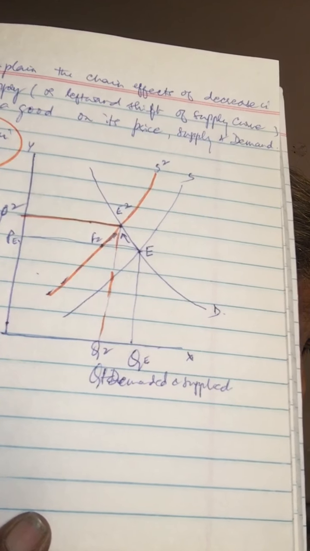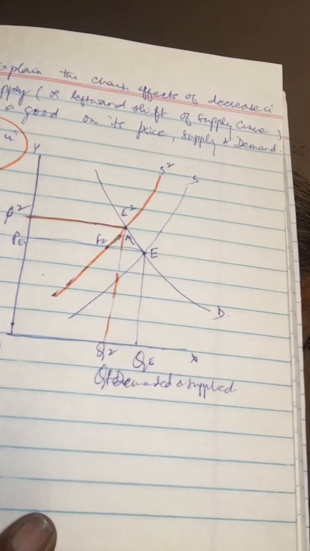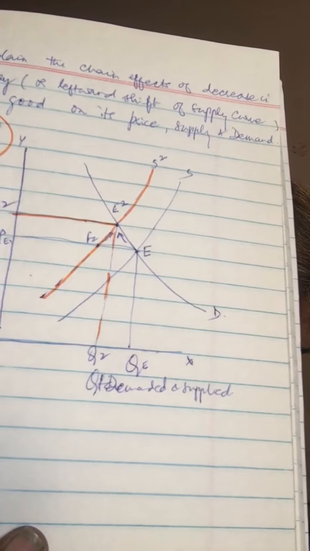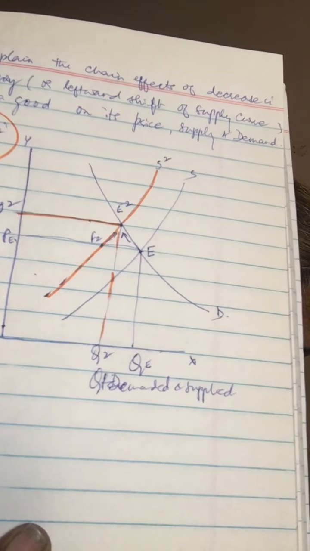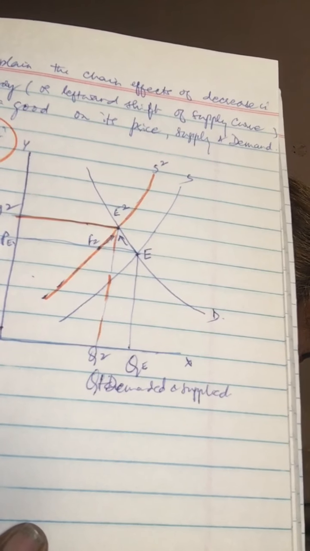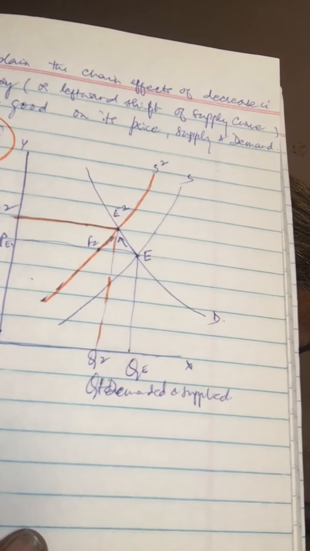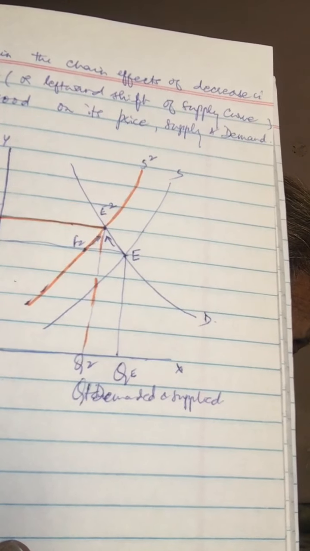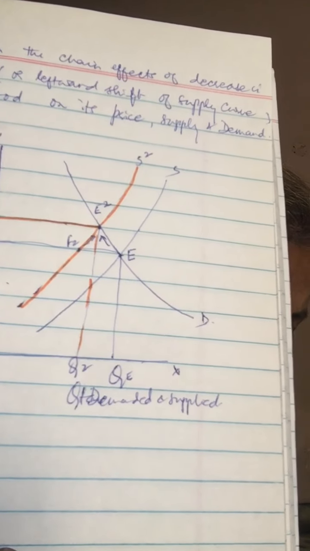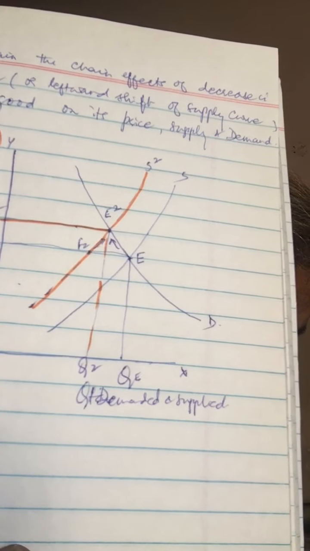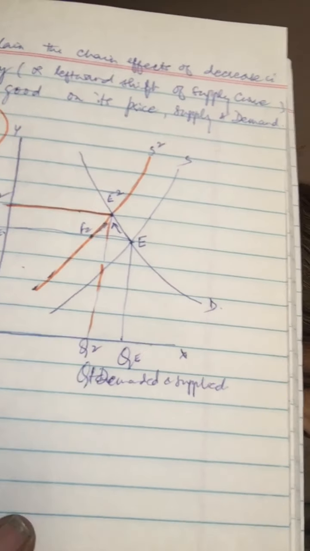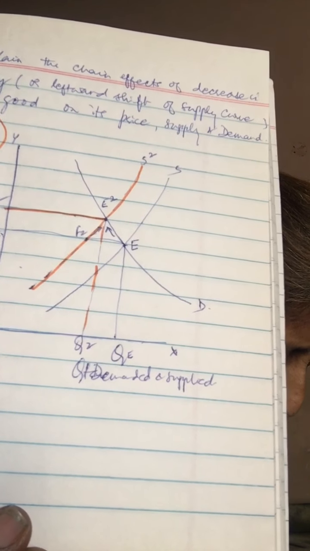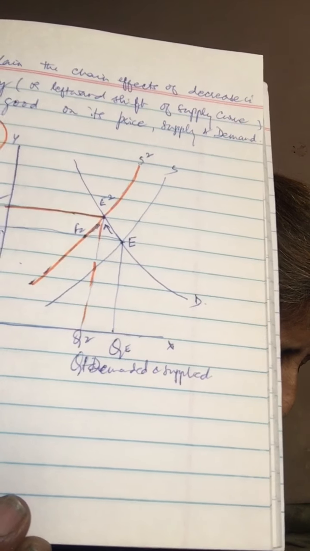In the demand curve, the upward movement shows contraction, and in the supply curve, it shows expansion. As price rises, supply starts rising along S2. So supply starts expanding and demand starts contracting, falling along DD as shown by the arrows. These changes continue till demand becomes equal to supply at new equilibrium point E2. So we've got a new equilibrium now. In this, the price has risen from OP to OP2 and the quantity falls from OQ to OQ2.